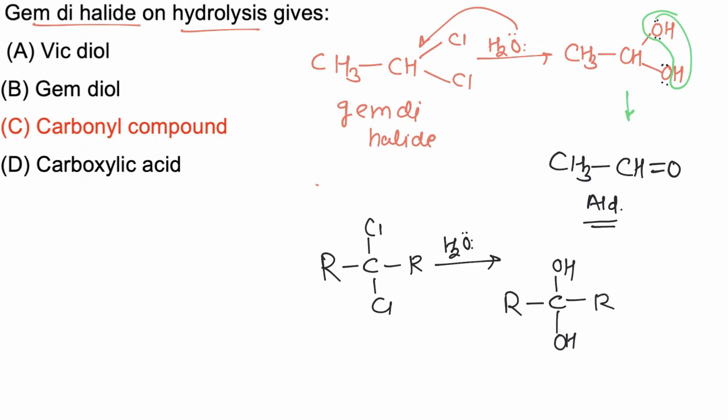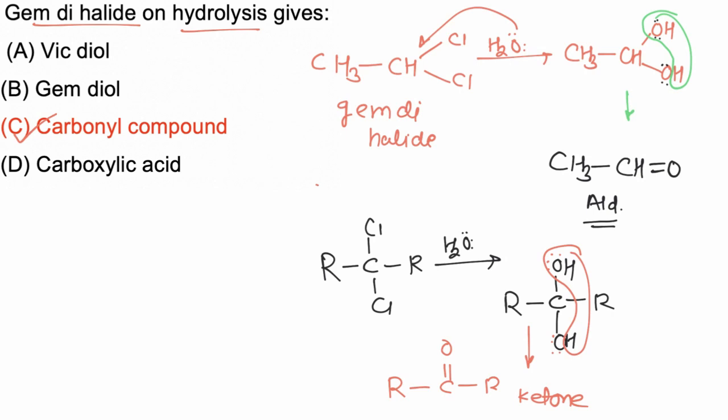Again two OH groups are present on the same carbon, so due to lone pair repulsion between the OH groups, a water molecule is eliminated and it will finally be converted to a ketone. So from hydrolysis of gem dihalide, aldehydes and ketones, meaning carbonyl compounds, are formed as products, and hence the correct